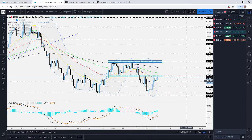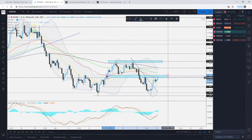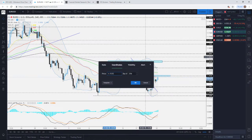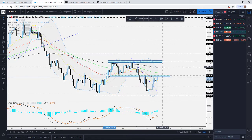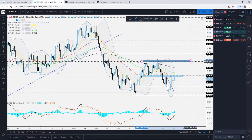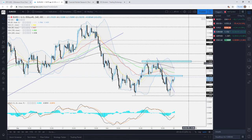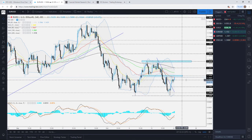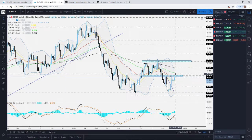Certainly we could see further continuation to the upside, but we'll probably stay a bit on the cautious side until we get a nice break above the 115.35 zone. This is where we will start looking at the higher levels, at least for the short term. If you want to look at this one long term, then take a more conservative approach and wait until this gets above the 116.10 zone and closes above that, because as you can see, last week we had a nice pop to the upside, but never closed above the 116.10. So for now, if this gets above the 115.35, we could then potentially target